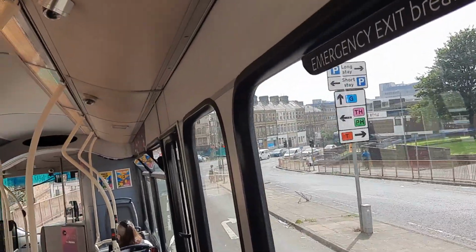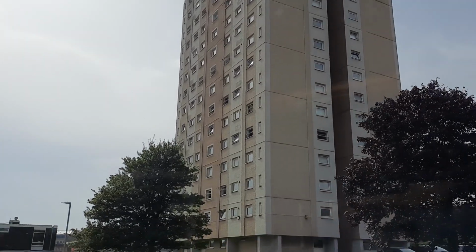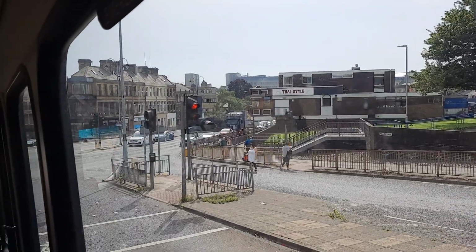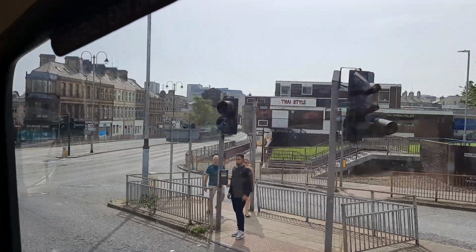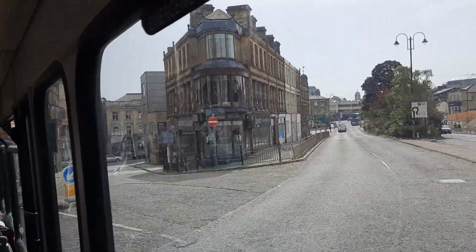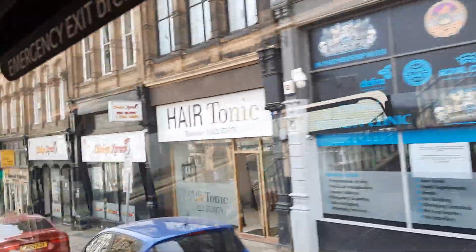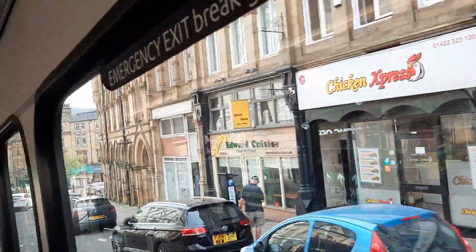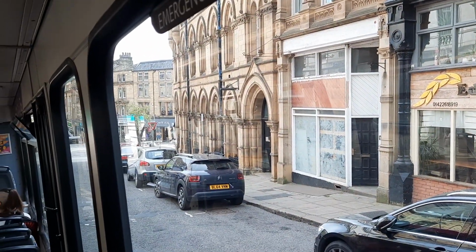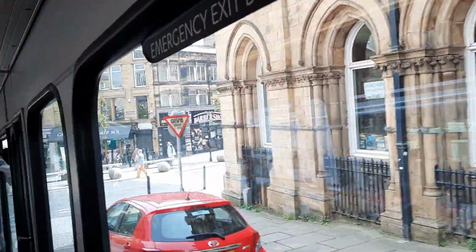and at Cow Green. So these are the flats at the bottom of Gibbet Street. So in that direction, Bull Green, and like the other buses, this goes on to Crown Street and then on to Commercial Street and Wards End. Setting off from Crown Street and heading towards